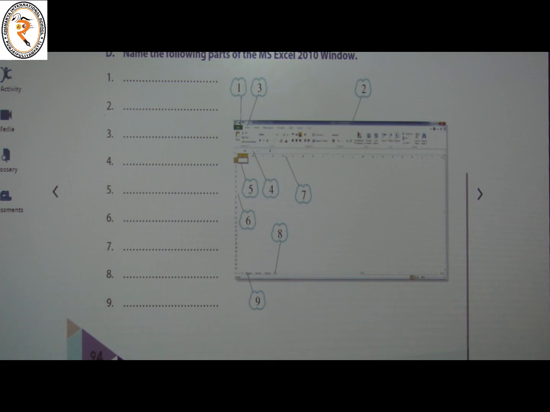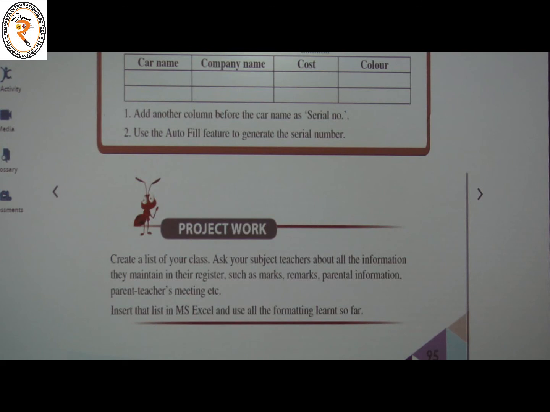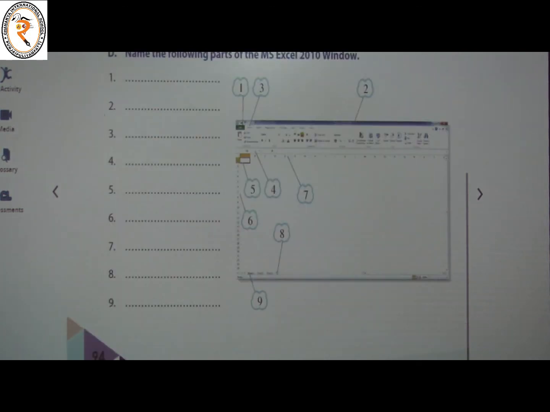So what are the topics we have discussed in MS Excel? We have discussed various cell options, row, column, worksheet, workbook, etc. We have also seen how to enter data in a worksheet, how to edit the data in the worksheet, how to select a range of cells, and how to delete, cut, copy or paste the data in MS Excel 2010. So you have to complete all the book back activity for this lesson, and you have to find the components of MS Excel 2010. So revise the chapter well, then prepare for